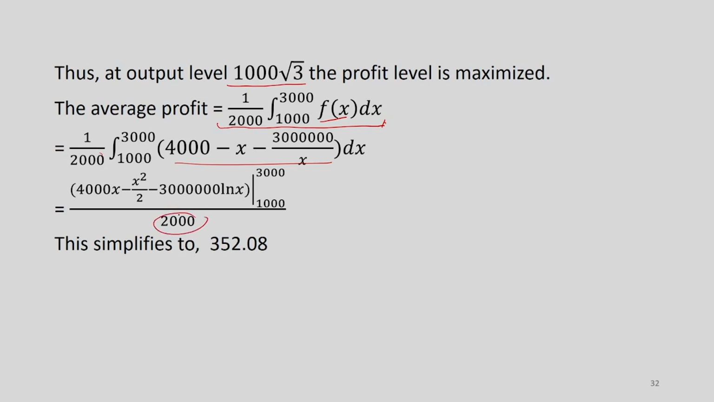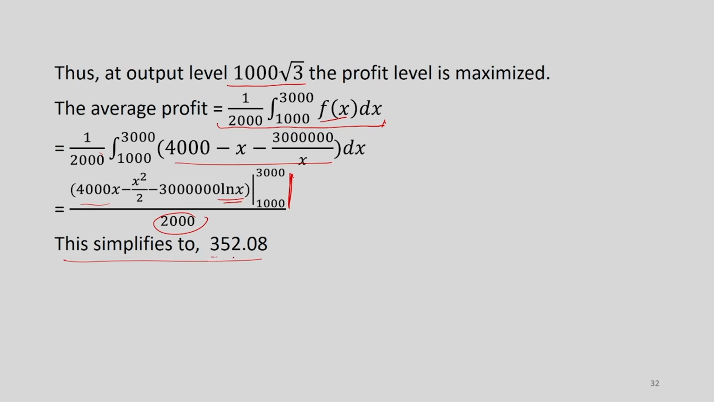So 1000 is appearing here, and integration of this is 4000x minus x squared divided by 2 plus minus 3 million times the integration of 1 divided by x. What is that? It is log of x. Now I have to take the value of this at 3000, and from that I have to subtract the value of this at x equal to 1000. So that's what I have written here. And if I do that, actually I am going to get this figure